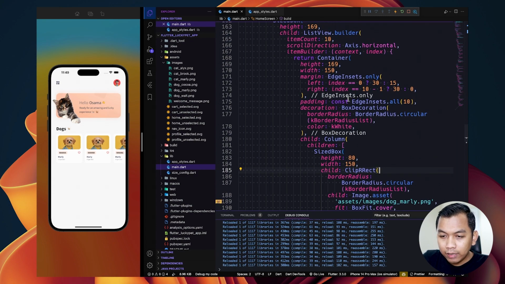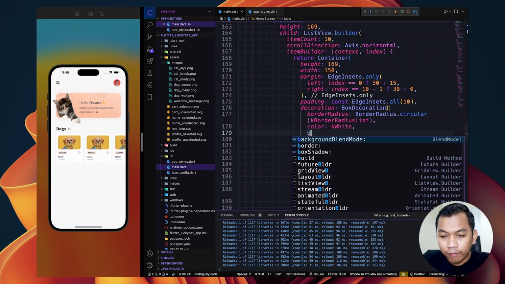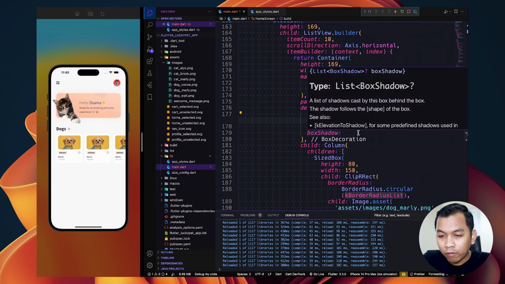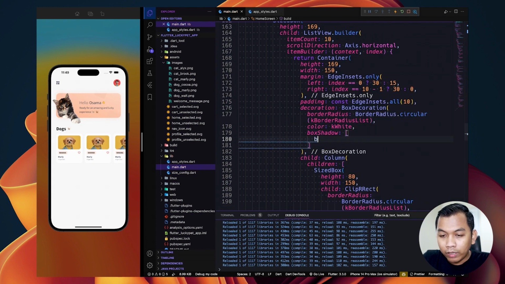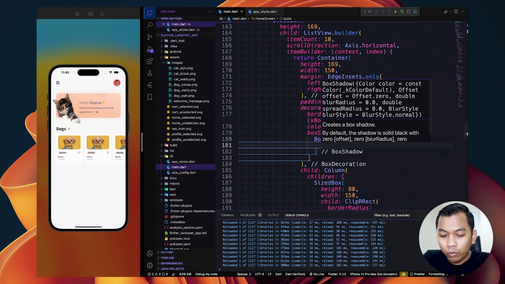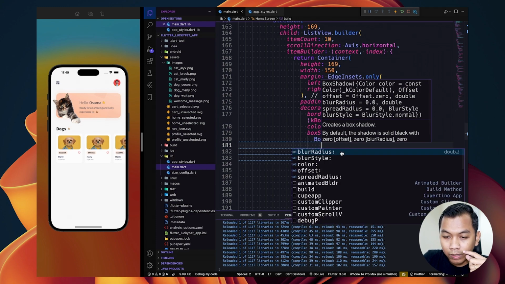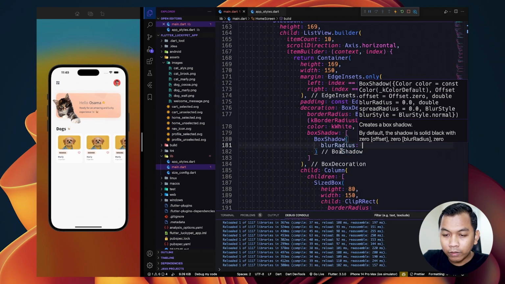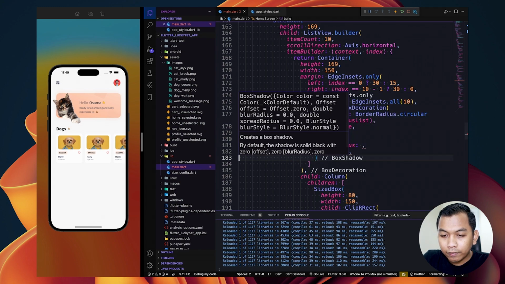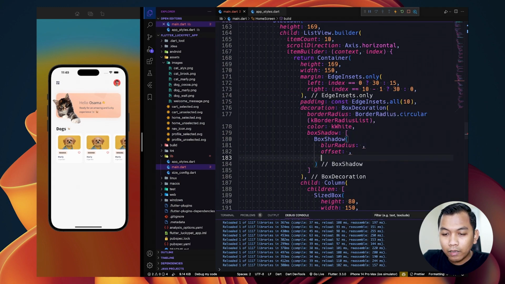And inside this BoxDecoration, we can also have a box shadow. What we need to say here, list of BoxShadow. So we can add BoxShadow, and BoxShadow will have blur radius, and then color, and then offset. So blur radius, offset, and color.